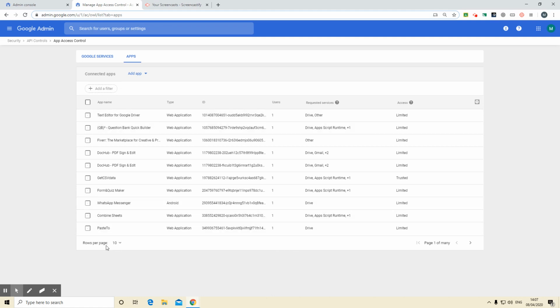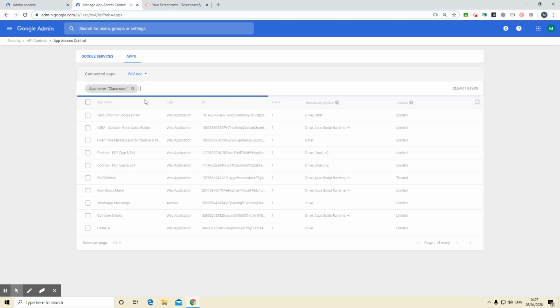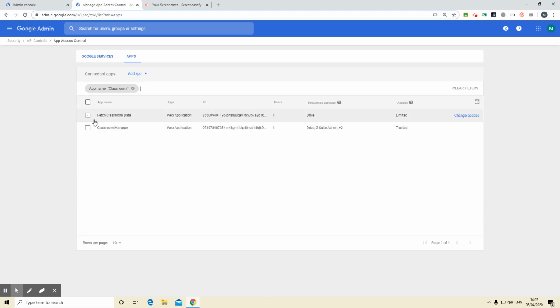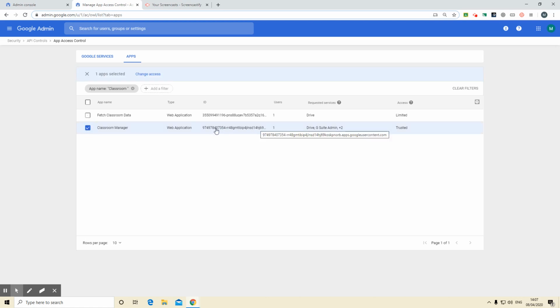So this one is doing it in pages. So you can flick through them, or you can filter by app name in this case. Find the ones you want. So I'm looking for Classroom Manager. So that's this one. So it's got access of trusted. If I go into that,